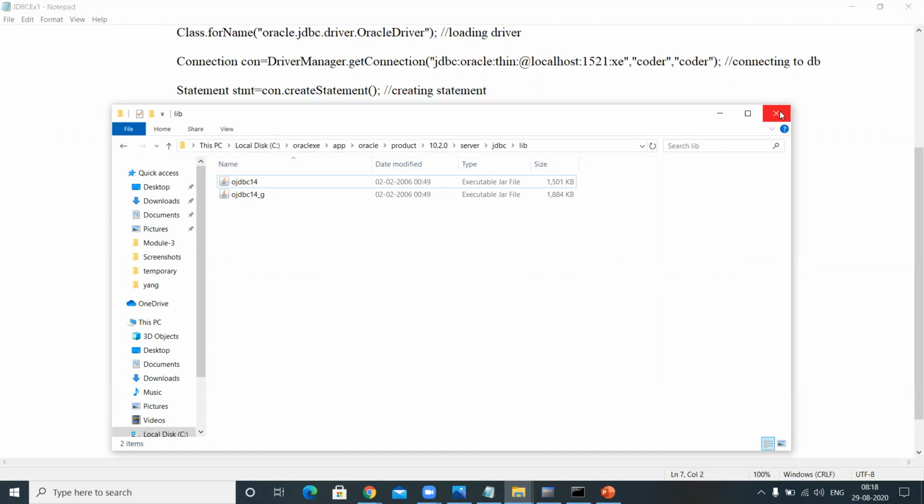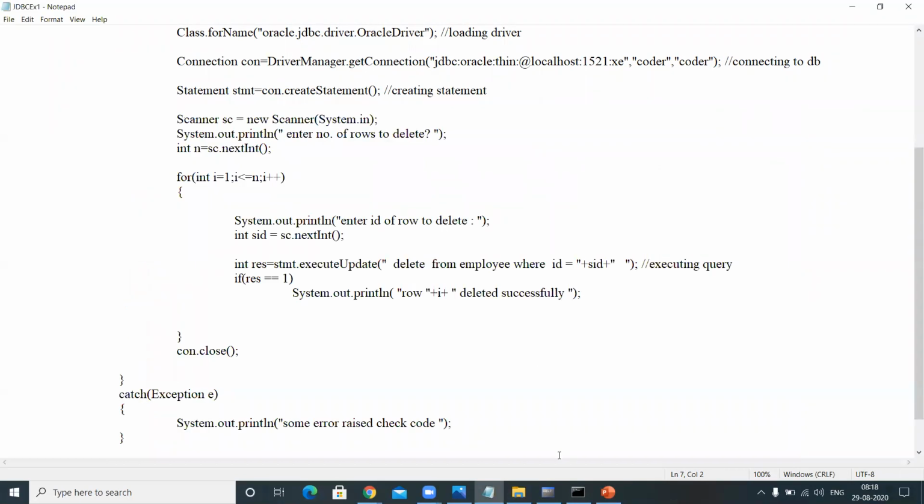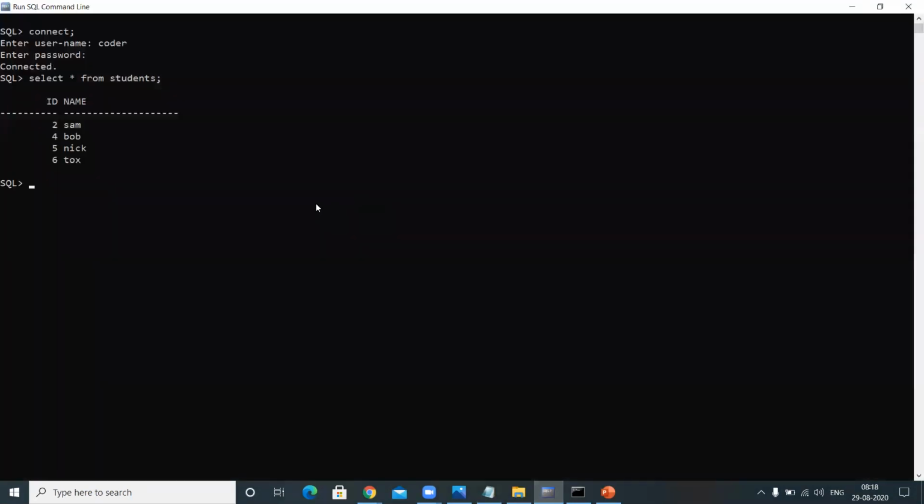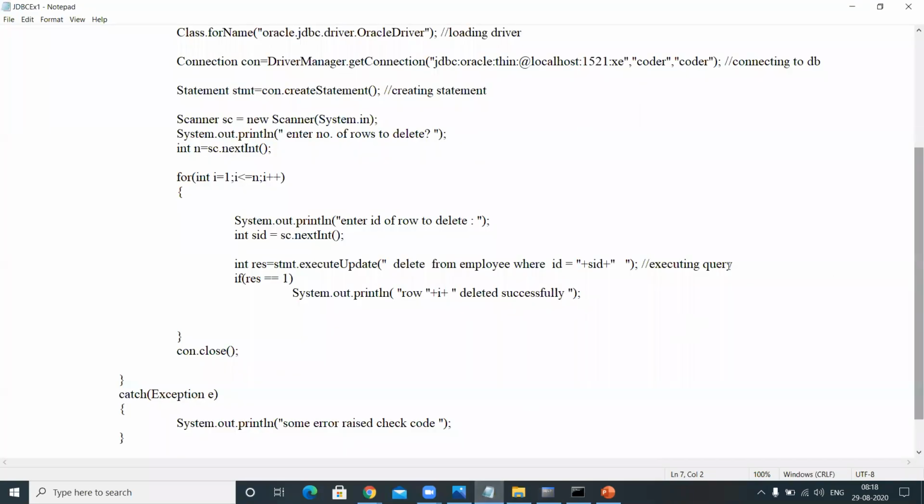Now, let me show you the database first. This is the database. This is the coder username and I entered my password. I got connected. Let me show you what tables I had. Select star from tab. These are all the tables I had, employees, students, right? Let me see what table I used here.